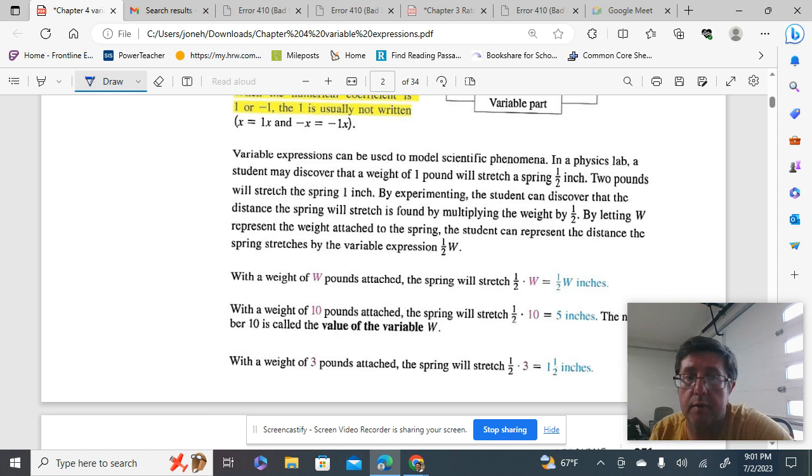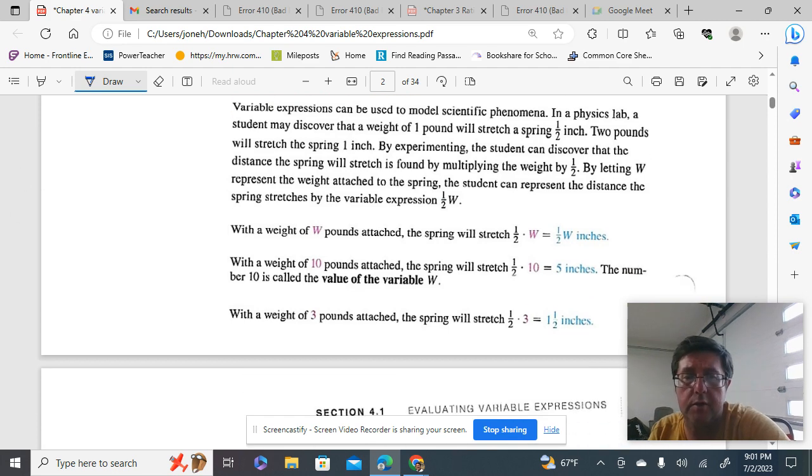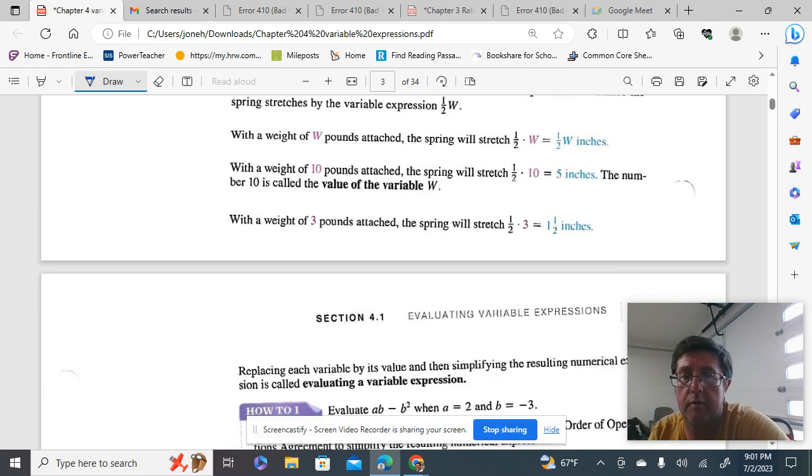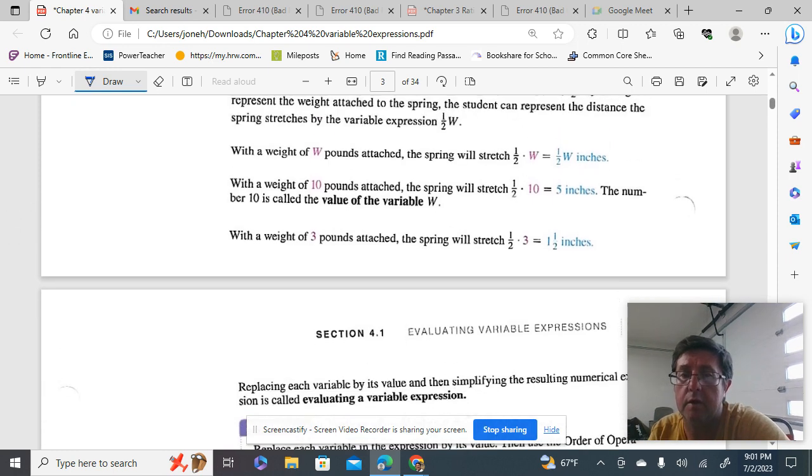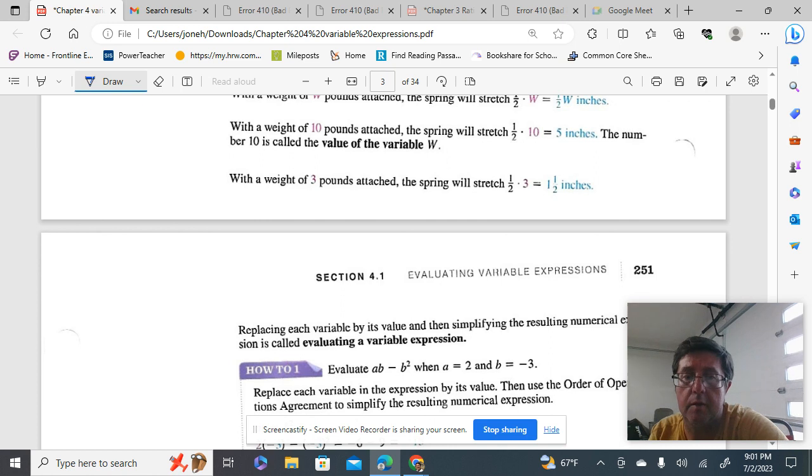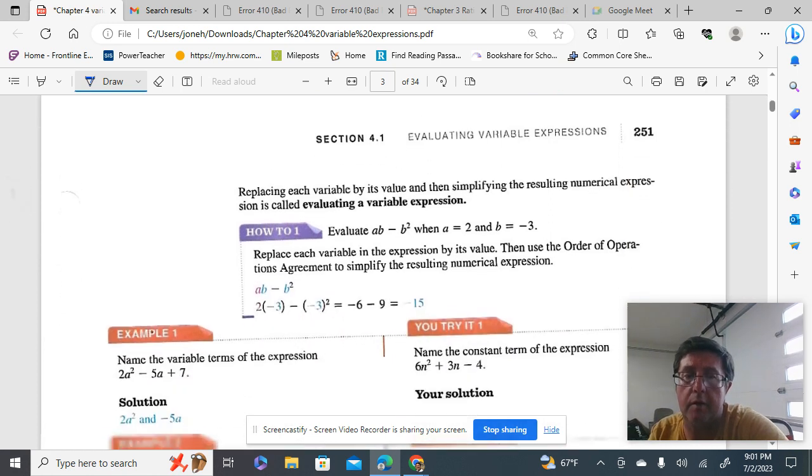Variable expressions can be used to model scientific phenomena, which in a physics lab a student might discover, for example, that a weight of 1 pound will stretch a spring ½ inch. I'm not going to go into this too much because I think it'll get confusing. Okay,